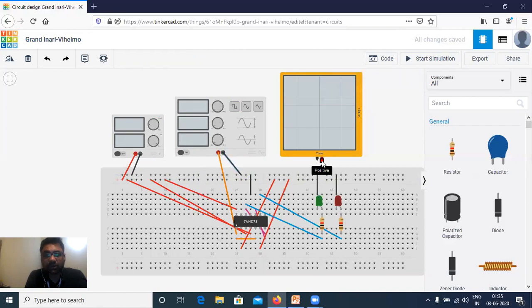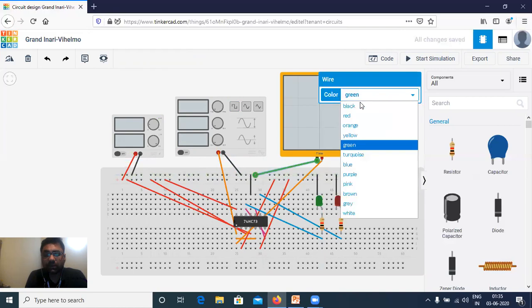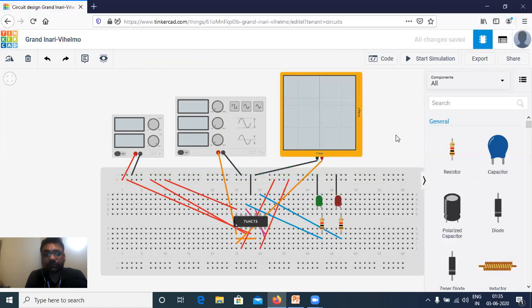And CRO, this will show the clock. So I will connect it to the clock. This is my clock. And it will be orange. And this negative should be connected to ground. Color coded to black. Now you will be able to see the changes because the function generator was not grounded, so you were not getting a reference voltage. So after doing the necessary changes, let's start the simulation.